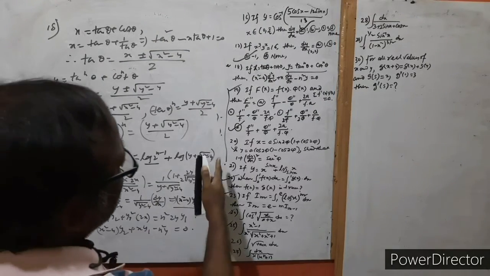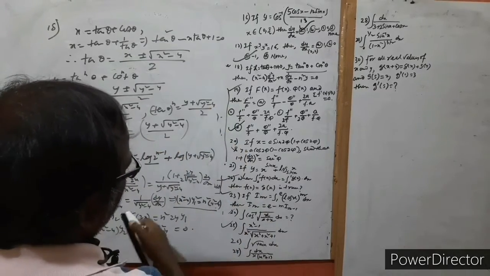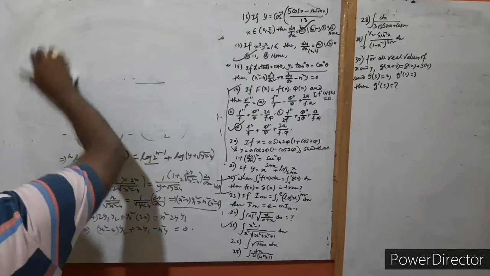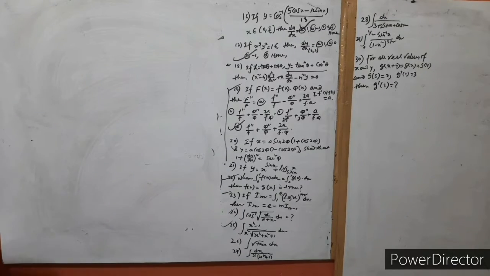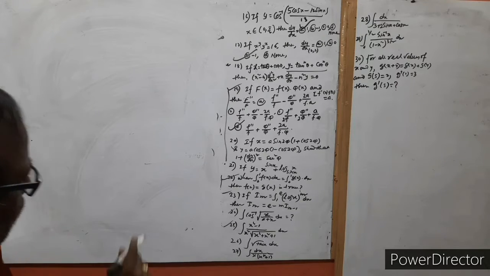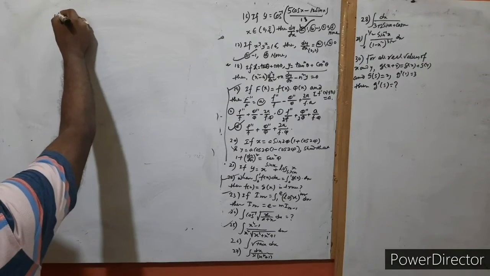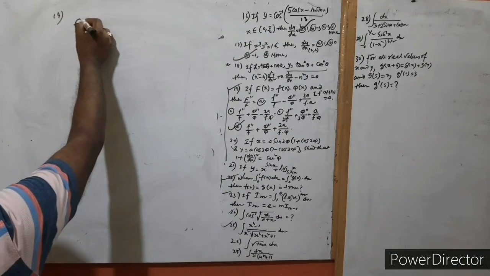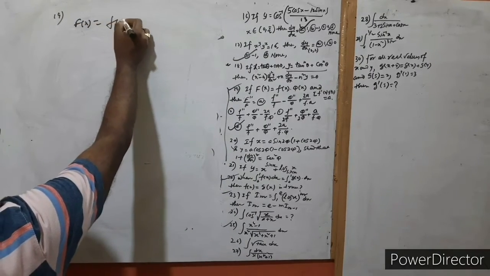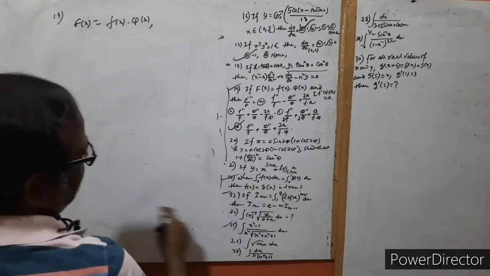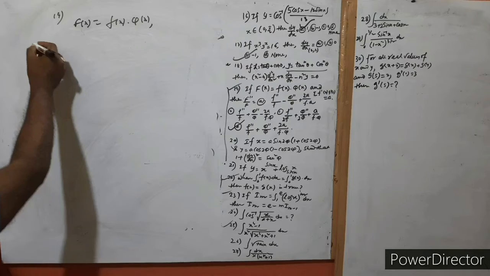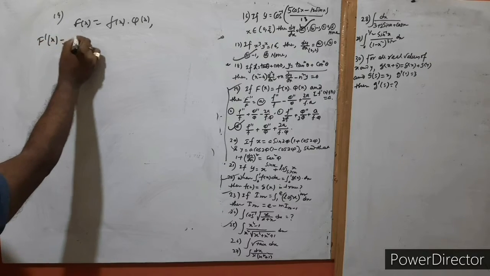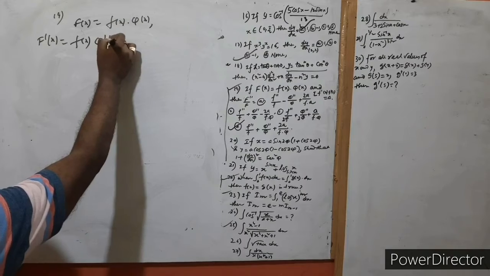Next problem is that is 90. See, this is f of x is equal to small f of x and phi of x, and also given that the f dash x and phi dash x is equal to, actually this is phi dash x is equal to a, and if we differentiate this f of x and phi dash x,